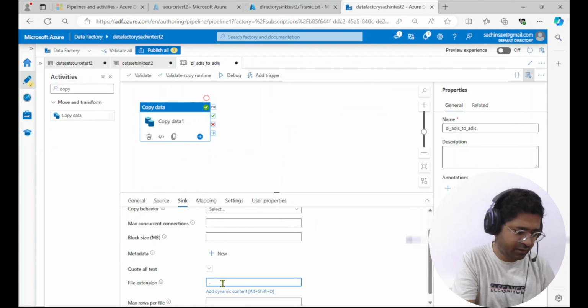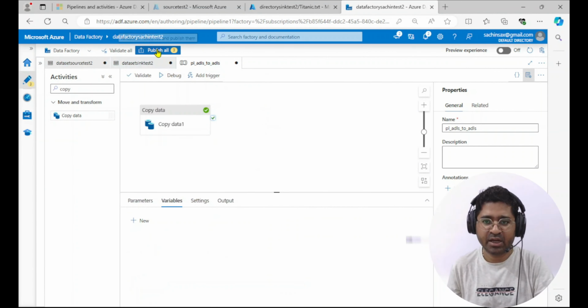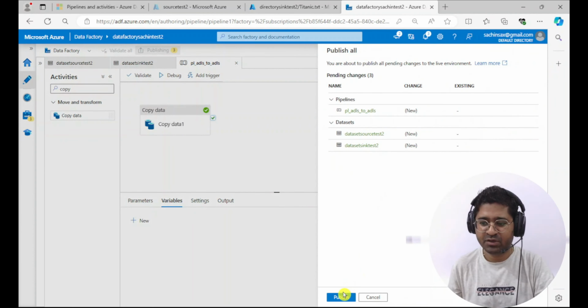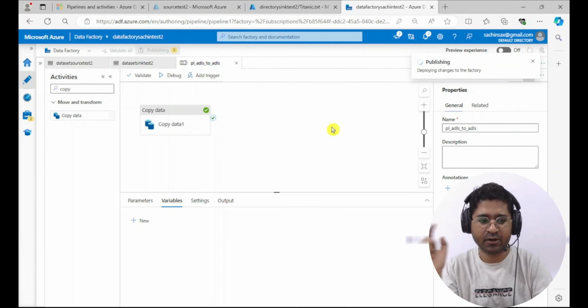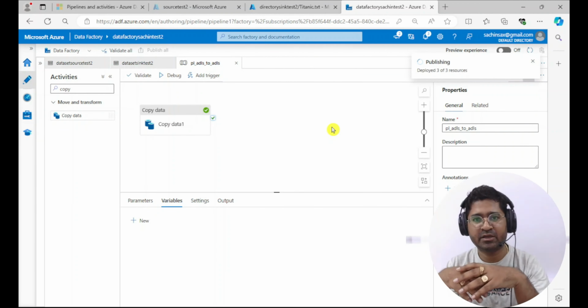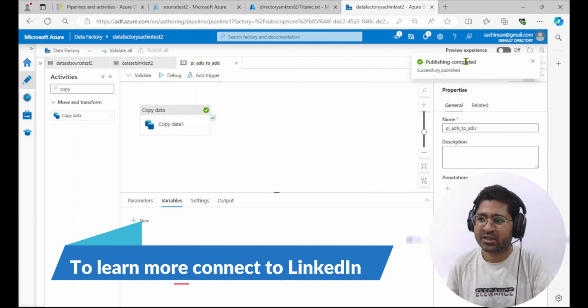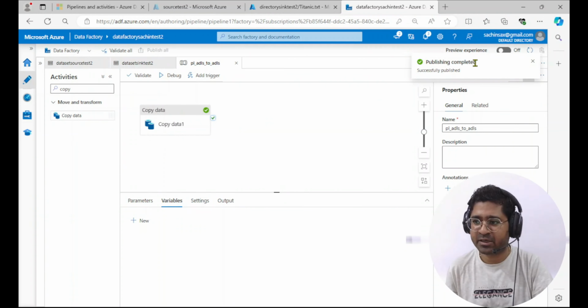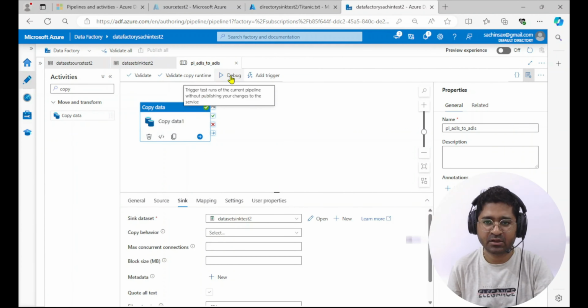So what I'll do is make this a CSV file, and that's it, and publish all, which we didn't click earlier. So I'm going to click publish, which is correct, and which is going to save everything. Or if any pipeline is wrong or a connection has failed, it will show the same here. Can you see at the top right, it has just completed publishing successfully. I click on this copy data activity, click debug,